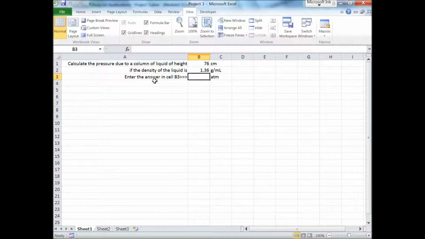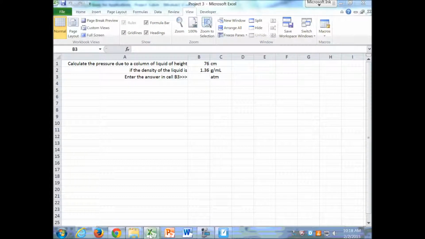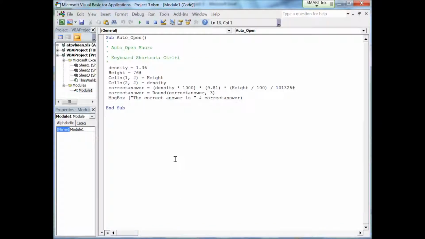Okay, so what we're going to do is go back to our macro, and we're going to create a procedure that will check the answer. So you say sub, I'm just going to call that check answer, and you'll notice this end sub automatically shows up every time you do a sub. That just tells you the end of the procedure. So you enter your code between the two. So this procedure